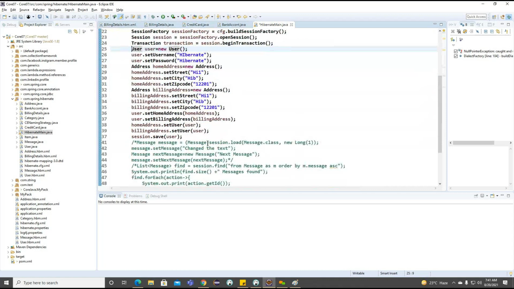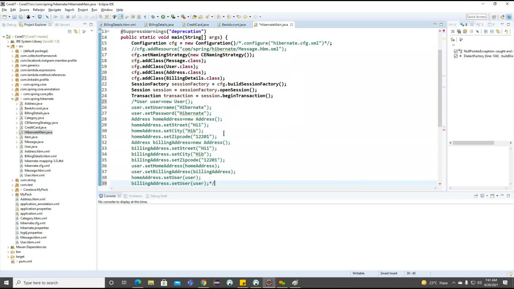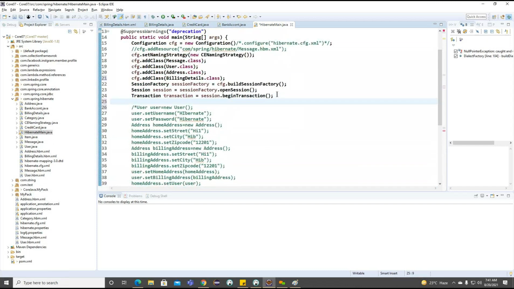And after adding it, let me comment out the user related information. And here, what information do we need to create? We need to create our credit card information. So credit card cc is equal to new credit card here.